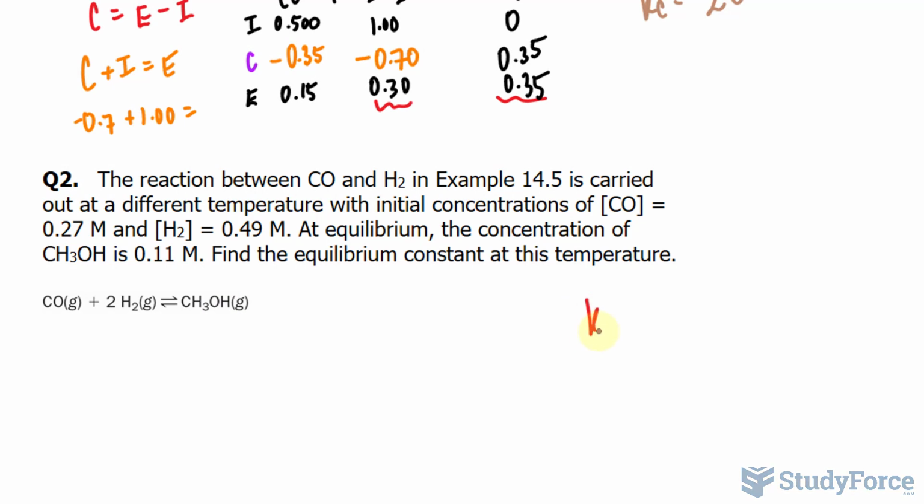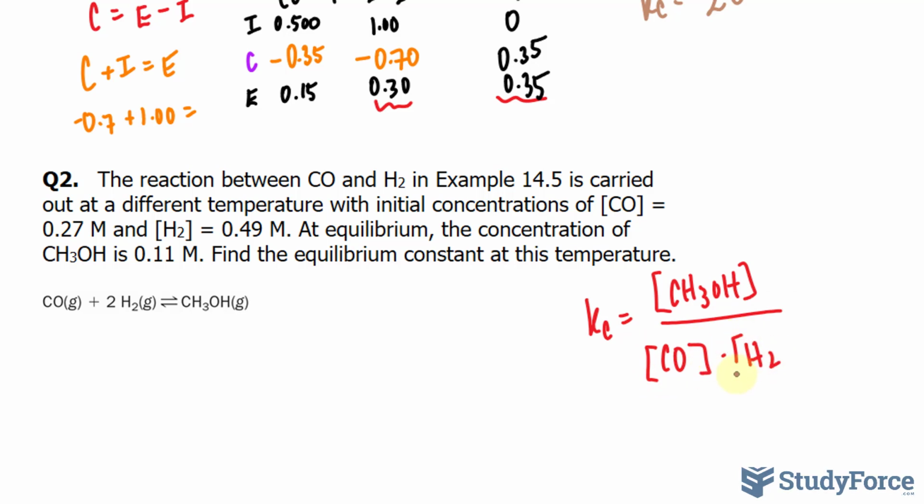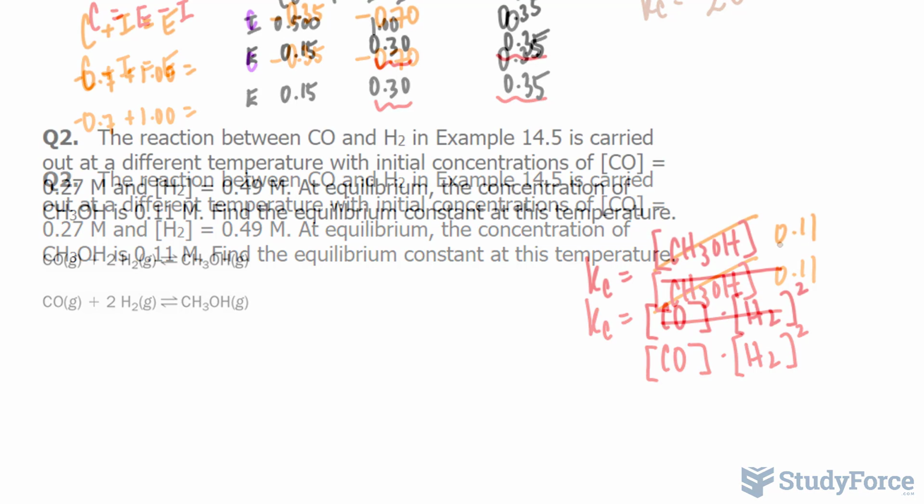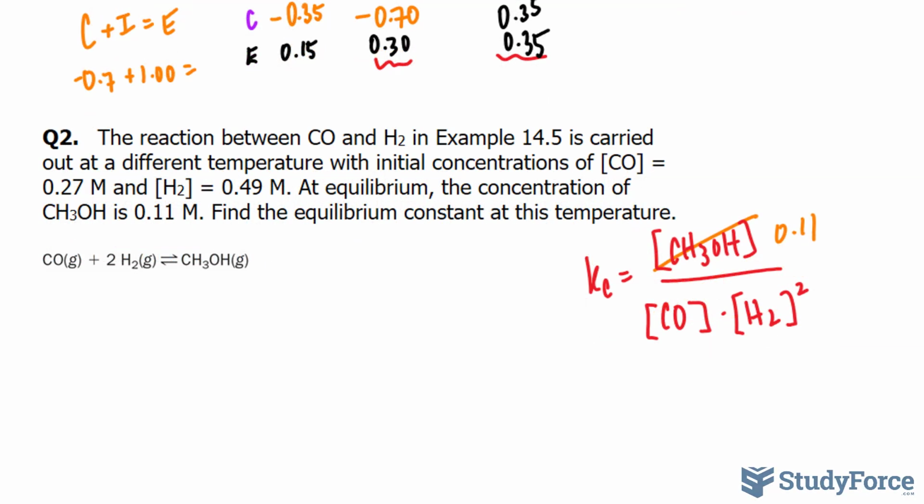So just as before, Kc is equal to, in our case, CH3OH over CO times H2 raised to the power of 2. Now that we've written this down, I can actually go ahead and replace this with 0.11, which is given in the question. But to better organize myself, I want to create a chart showing the initial concentration, the change, and